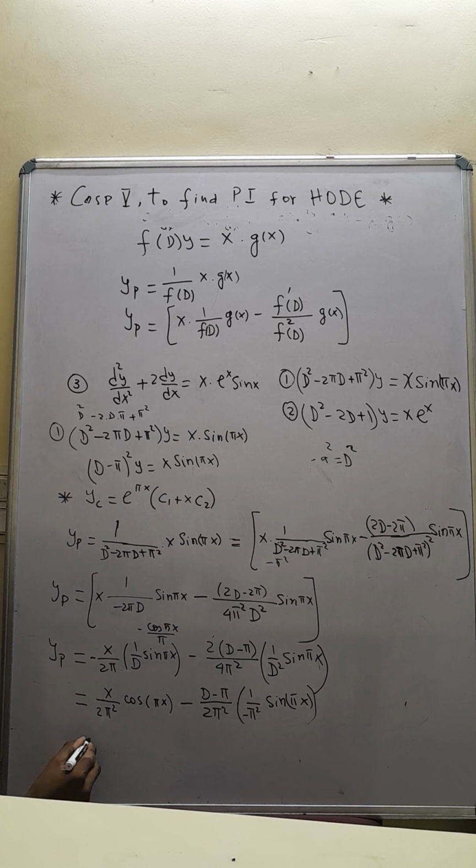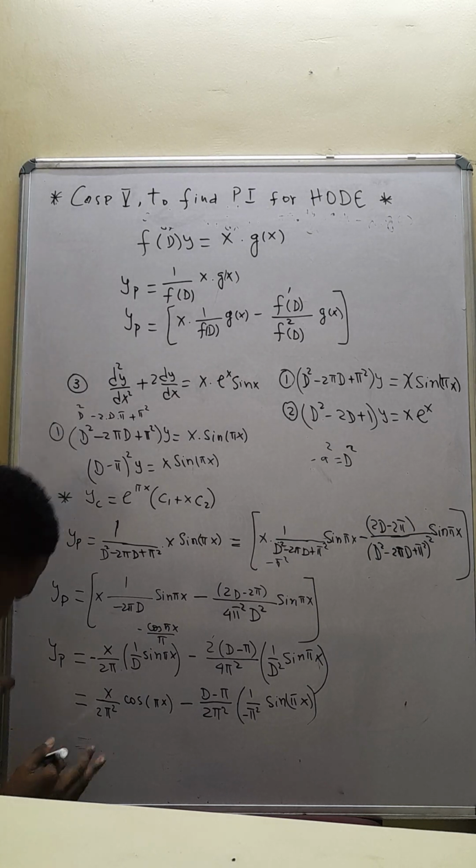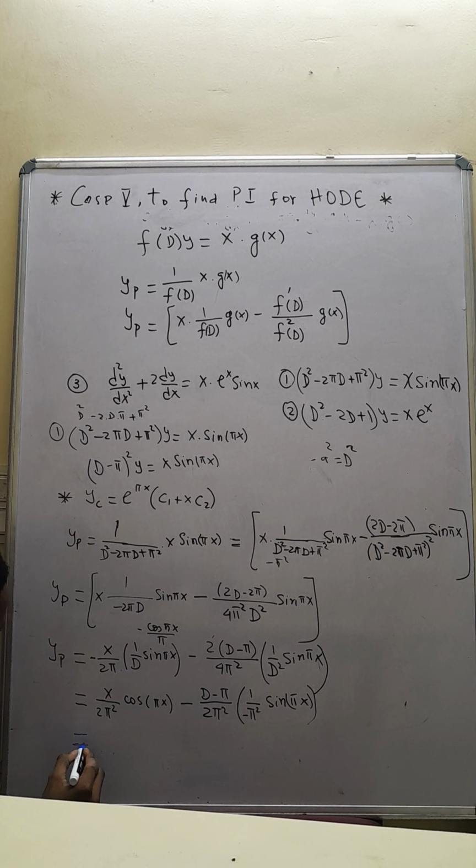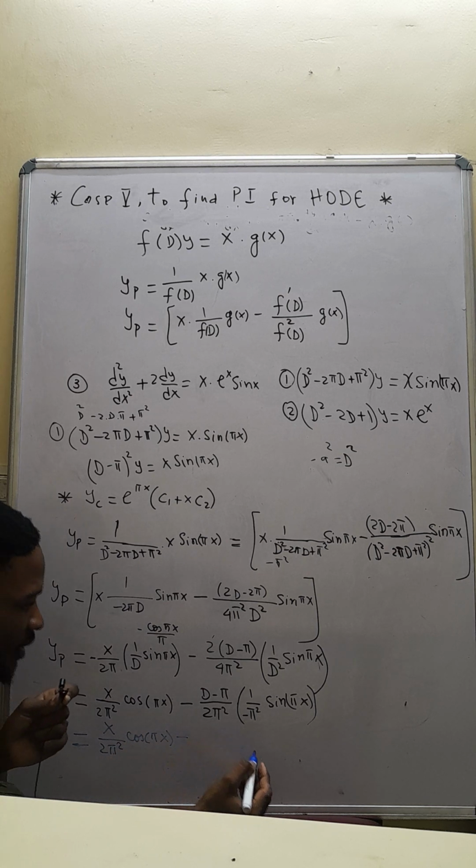The marker doesn't want to work out. I don't know. Let me try another one. Let me try this one. Okay, so here you have x upon 2 pi squared cos of pi x minus, then here